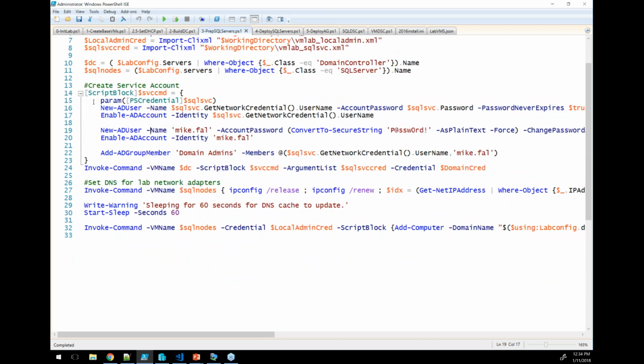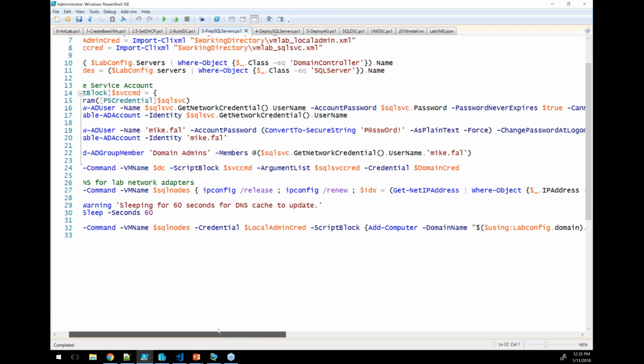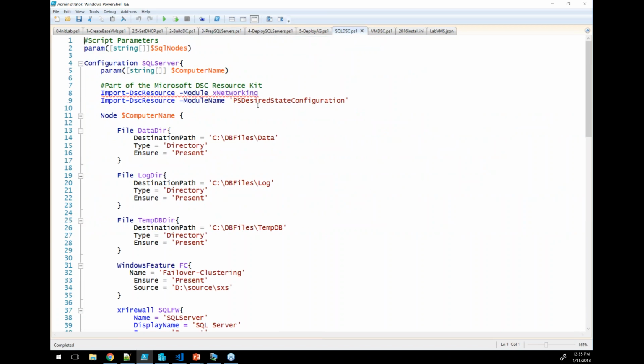And then I'll have the script block that creates the service account, and I actually run it here. Then I'll go through and reset the DNS to make sure that these 2 machines are now part of the network that I just created for my domain. I do put a pause in here, and then finally I call DSC. I've got a script here that I'm calling SQL DSC, and this will actually go through and apply DSC to the SQL instances,